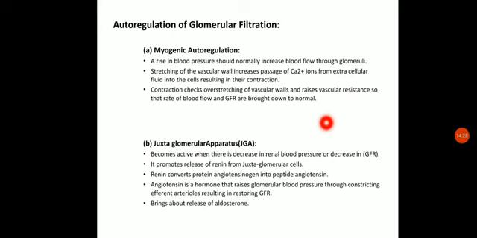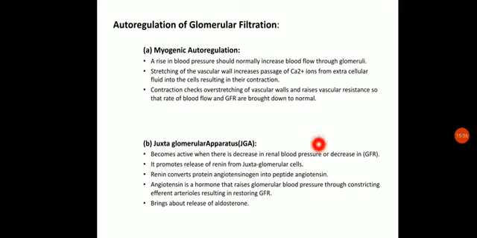That was about the myogenic auto-regulation. So here, simply, when blood flows at very high pressure, it develops pressure on the walls of the capillaries, which causes stretching, and this stretching causes the influx of calcium ions. When these calcium ions get inside, they start contracting. This contraction checks the overstretching of vascular walls, and hence the GFR is brought down. Next is the juxtaglomerular apparatus, JGA.